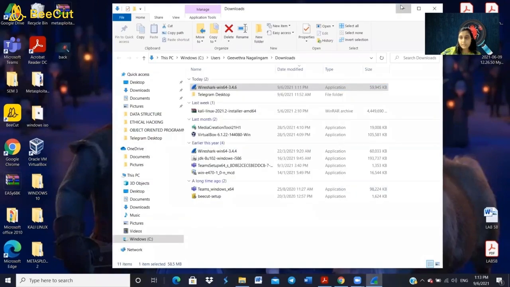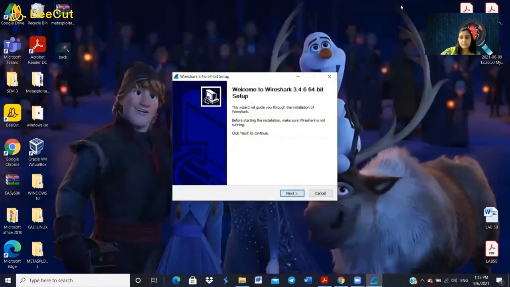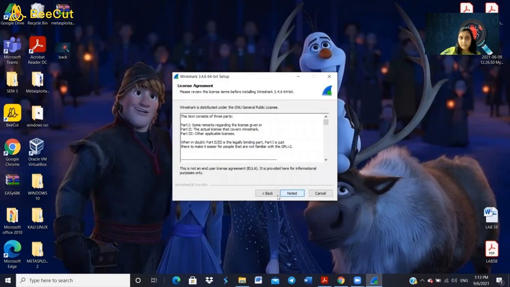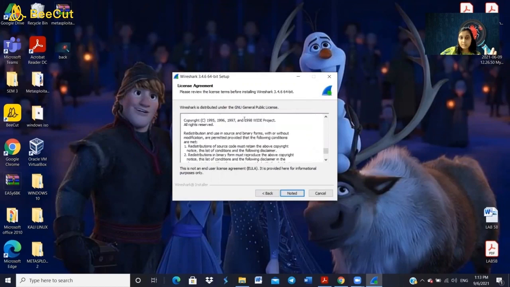So now we are on the welcome page of the Wireshark 3.4.6 version 64-bit setup. So click next. This is the license agreement for Wireshark. So read all the license agreement. Then